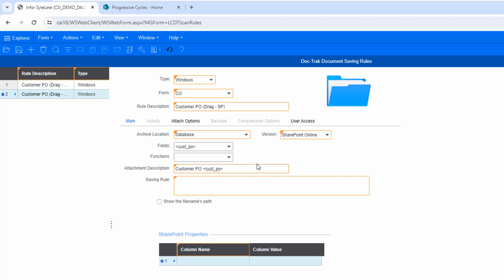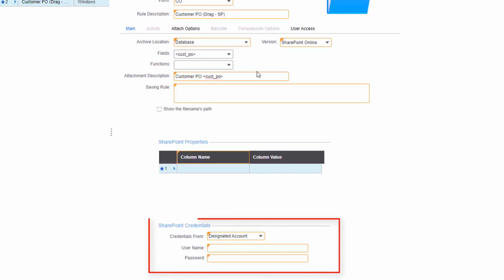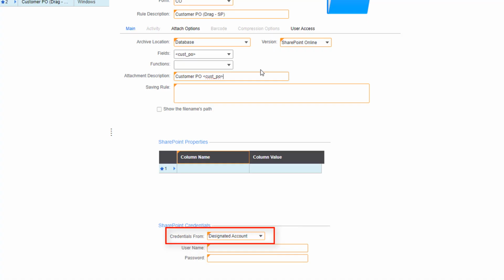Let's skip over the saving rule for the moment and look at the SharePoint credentials section. Unlike the file system saving rules, the credentials section is required for database rules. The credentials from dropdown gives us two choices, designated account and prompt. If you select prompt, then the user will be required to enter their own username and password to see the attachment.